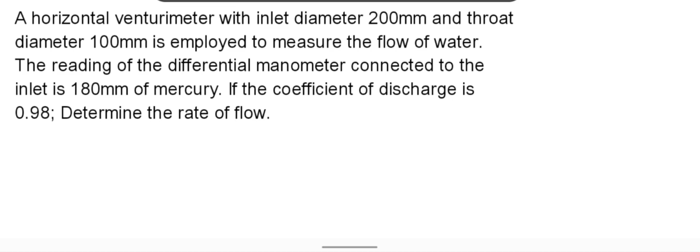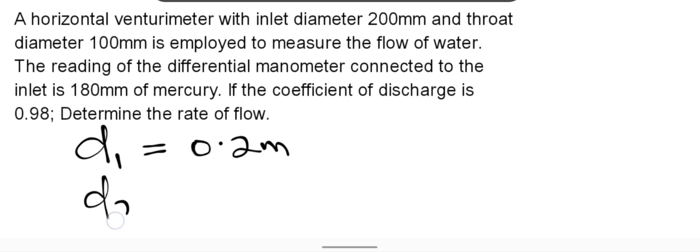In this fluid flow tutorial, we are going to look at determining the rate of flow in a horizontal Venturimeter, where we are given some parameters and we are told to use the parameters and determine the rate of flow in that Venturimeter. So let's bring out this data, then we are going to show them in a diagram that explains the Venturimeter. We are given D1, which is the inlet diameter, to be 200 millimeter, which is 0.2 meters,